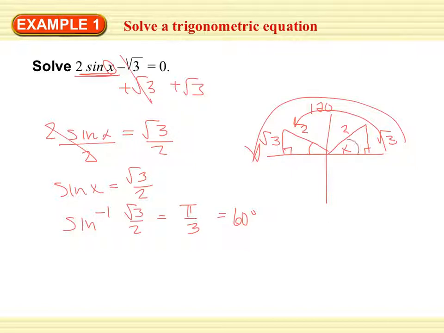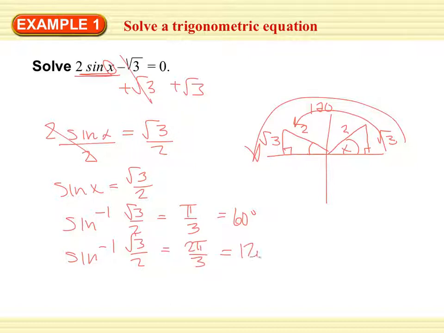So we're either at 60 degrees or at 120 degrees. It gives us the same measurement. And I can also say, we'll write it down, that's 2 pi over 3,